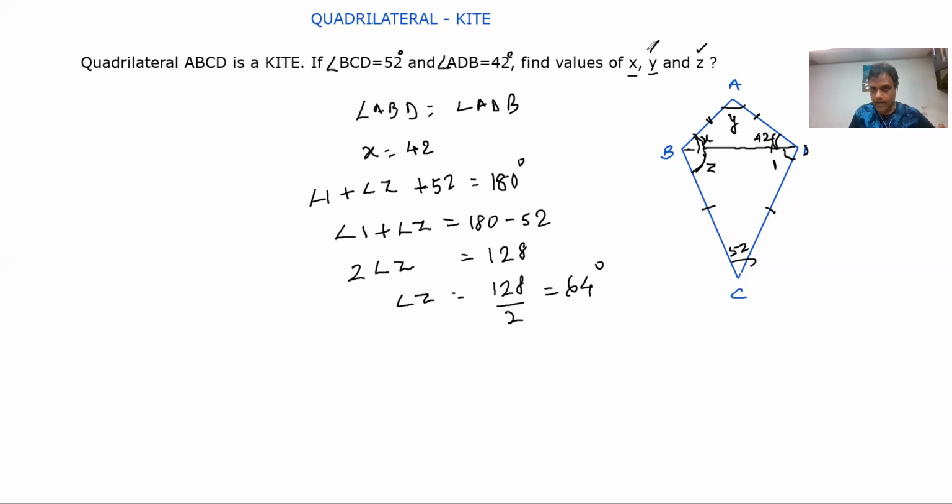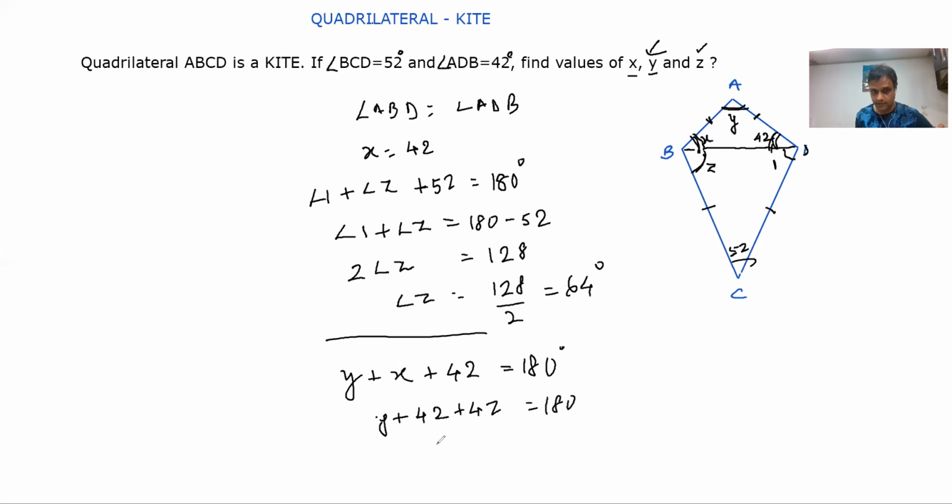Left is now angle Y. Where is the angle Y? This angle we have to find. Now, if you see, we know this angle X, we know this angle X. The sum of the three angles, which means Y plus X plus 42 is equal to 180. Sum of the angles of a triangle is 180 degrees. So now Y, we just calculated X, which is 42, so 42 plus 42